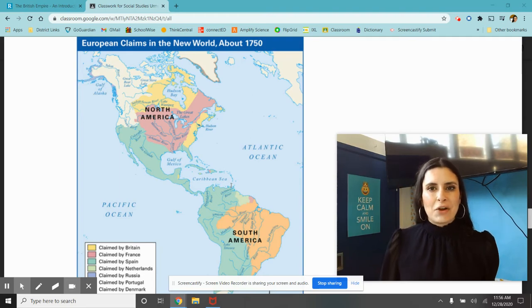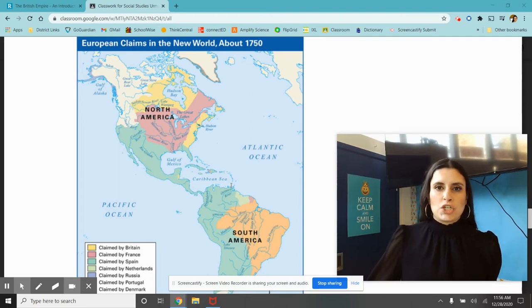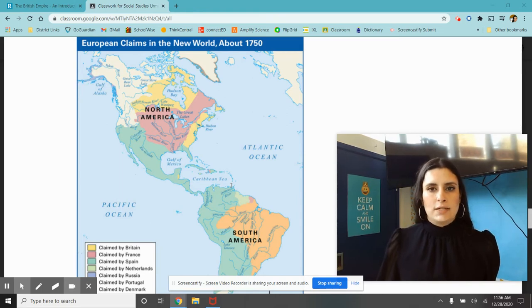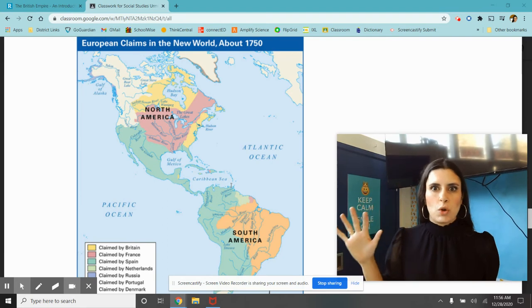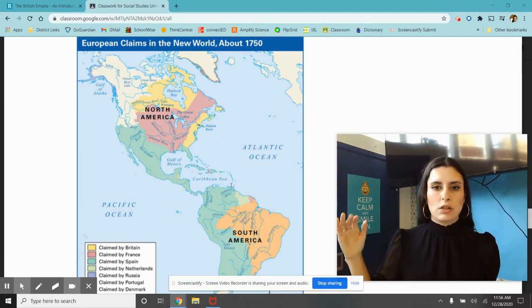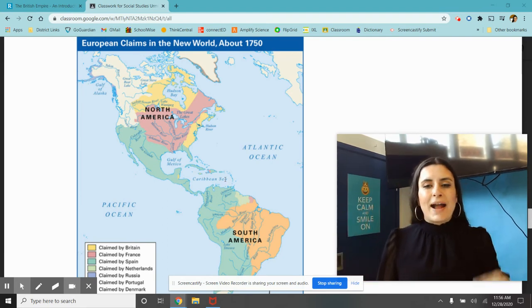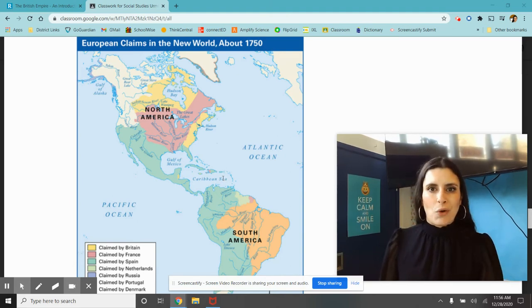Well, at the end of their exploration, there was a huge war between Britain and Spain, and Britain, with their naval power, was able to defeat the Spanish Armada, which at the time was the largest in the world. And that's why Spain was this huge conglomerate and had places all over the world. By defeating the Spanish Armada, Britain gets their foot in the door and they're able to start gaining their wealth and prestige. So we're going to talk about the British Empire.